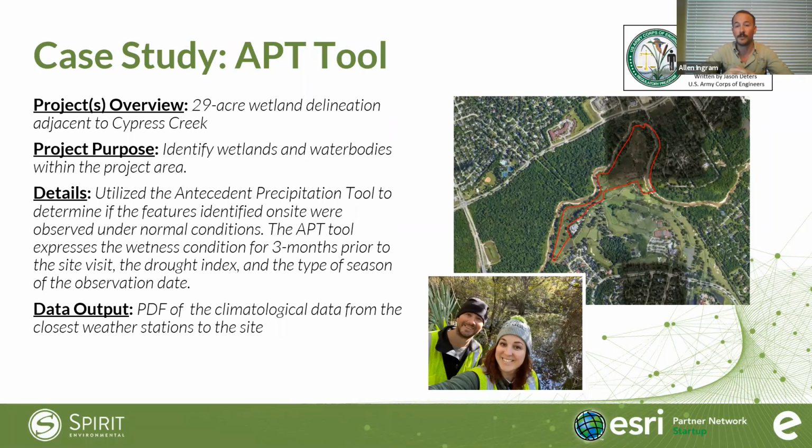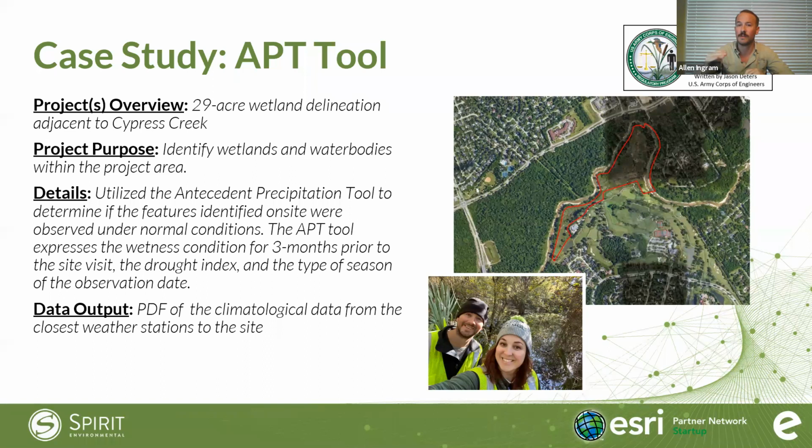And so this was our first shot at using the antecedent precipitation tool, trying to determine whether or not our site visit fell into these typical or normal conditions that you would want to see when you're performing these delineations. You kind of want to fall into a certain range between 30 and 70% of normal rainfall when you're